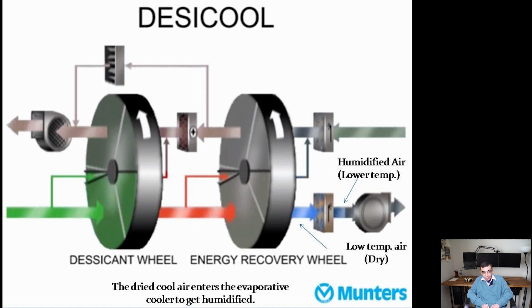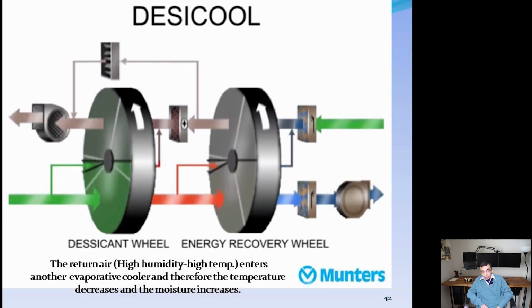The temperature and moisture of the air increase when it interacts with the occupants and the machines of the room. After that, the air enters the return side of the air handling unit. Then it enters another evaporative cooler, and hence the temperature decreases and the moisture increases. This is mandatory to cool the part of the energy recovery wheel